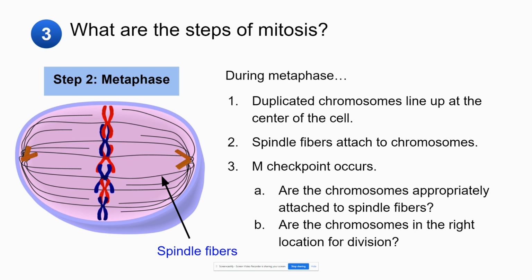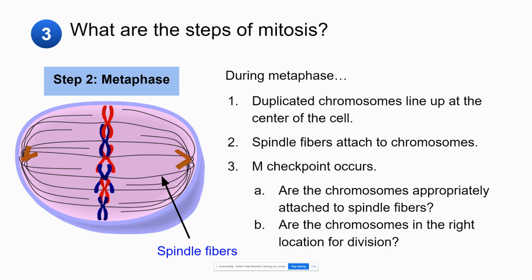Before progressing to the next step, the cell will pause to conduct a checkpoint. It's the M checkpoint that we learned about before. During the M checkpoint, the cell will, quote-unquote, ask itself the following questions. Number 1, are the chromosomes lined up appropriately in the middle of the cell? And number 2, are all the chromosomes attached correctly to the spindle fibers? If the answer to either of these questions is no, then the cell should not continue on with mitosis until